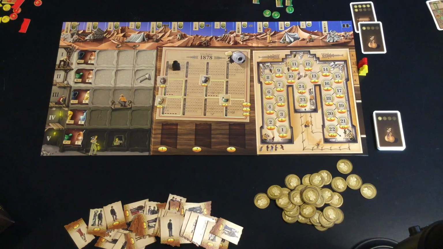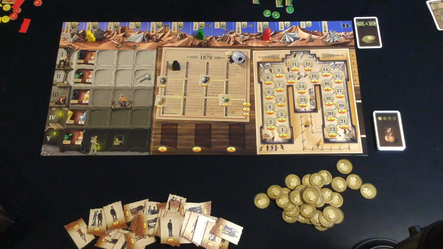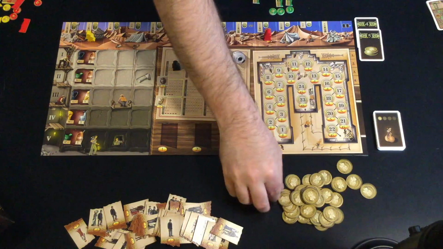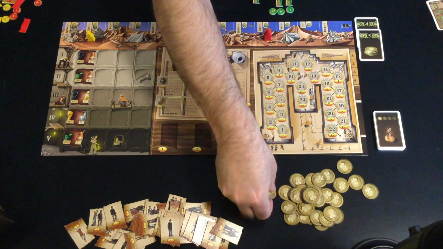Once players decide what they want to do, based on the money that they think will be coming out, each player will place their pawn on a different space, like so, and then the funding cards are revealed. In this case, it's 9 coins, and each player will get a number of coins based on what they asked for, starting with the player who asked for the least, the player who's furthest to the right on this track. So red would get 2 coins, green would get 3,